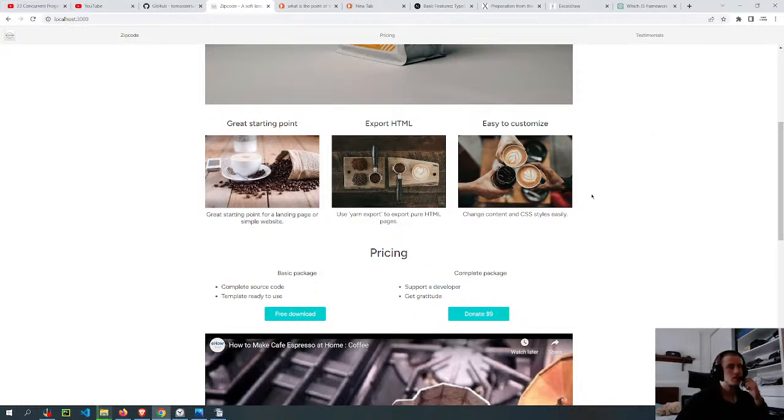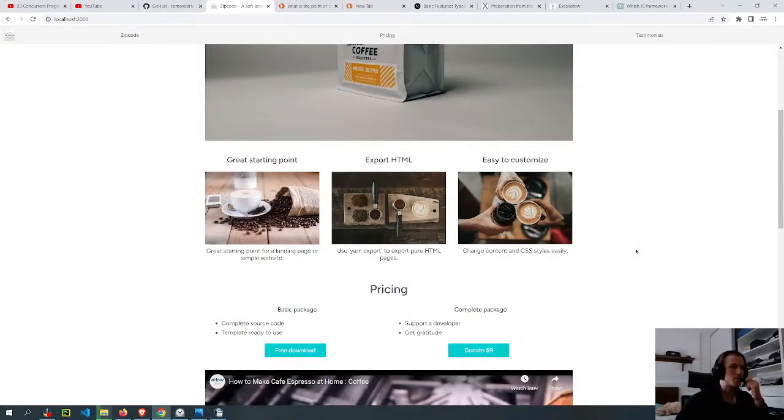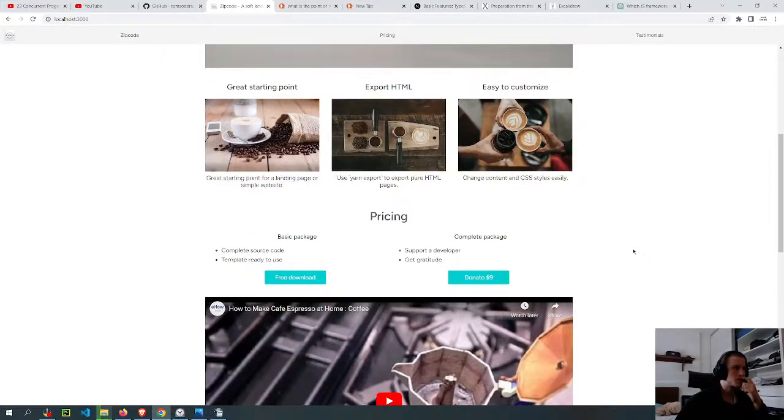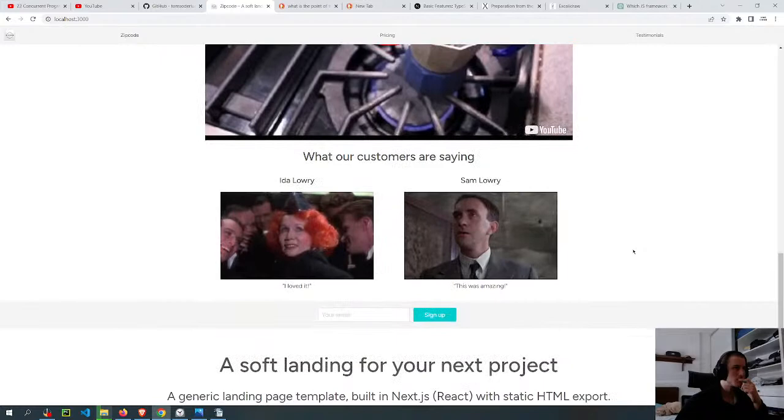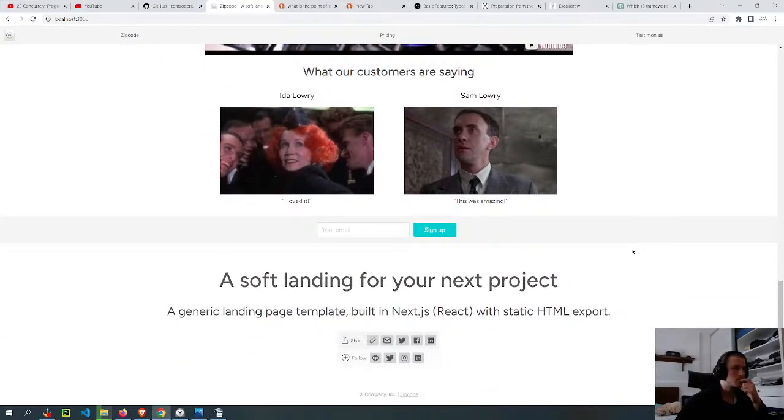Yeah, and I think I'm gonna remove all this stuff. Maybe I'll keep the images and just replace the images with something else. But I think for the copy, I'm gonna use ChatGPT to build.